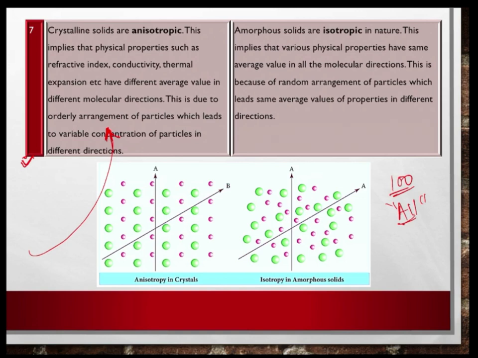पहला classification हमने किया solids का, crystalline and amorphous, that was done in this session. Now we saw that out of 100 elements, almost all of the elements they fall into crystalline category. Elements की बात कर रहा हूं मैं, compounds की नहीं. ध्यान से मेरे words को सुनेगा. I am talking about elements. They are crystalline in nature. So hence it becomes important to understand the classification of crystalline solids, which will be taken up in the next